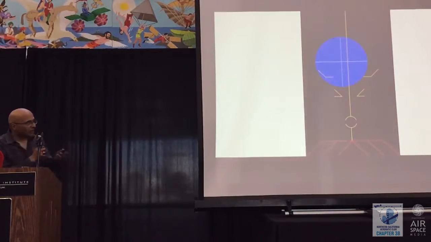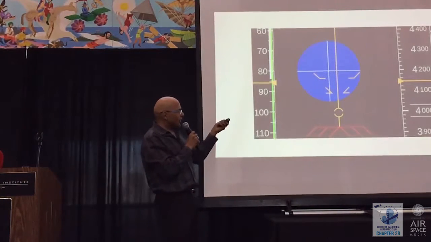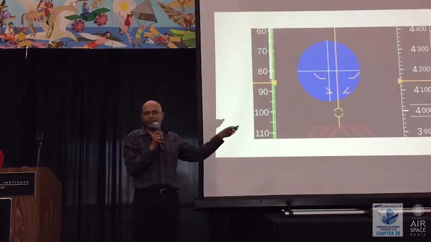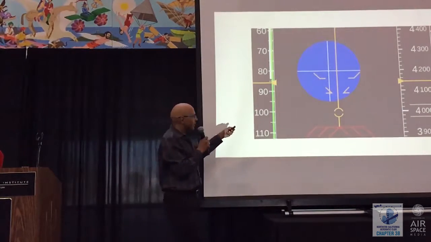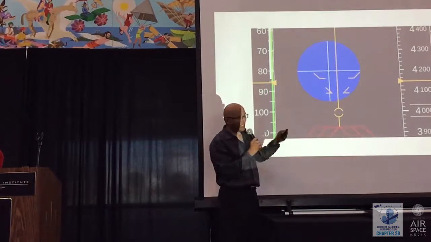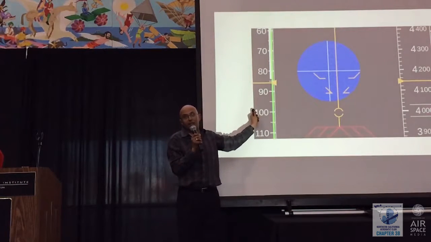So let's talk about what it looks like at different flight conditions. First of all, this is an example of a primary flight display that would include all of this information, plus some extra things about altitude, rate of climb, and also if you want a speed tape. Notice this is all air data. I can draw this with just air data.